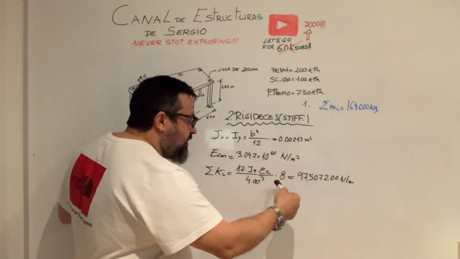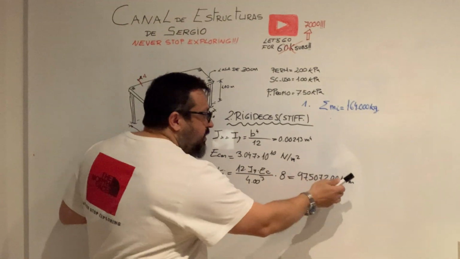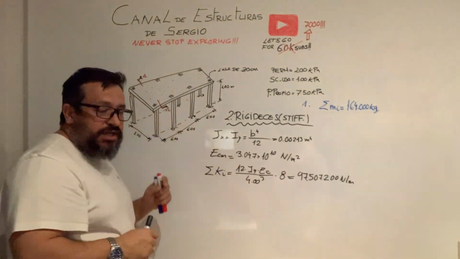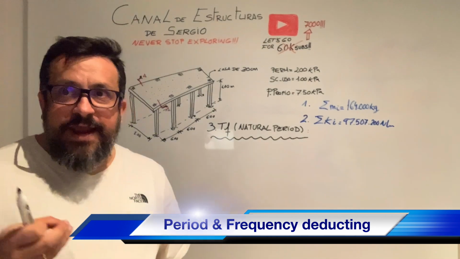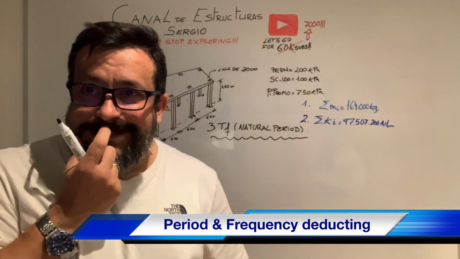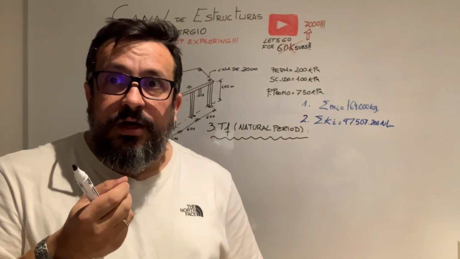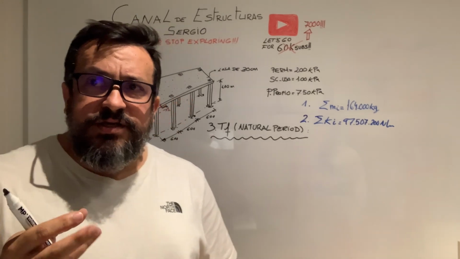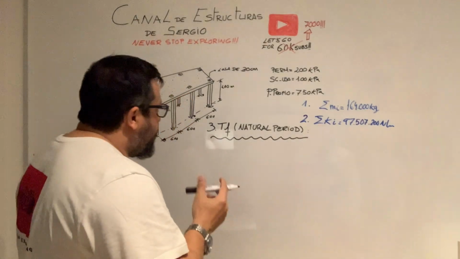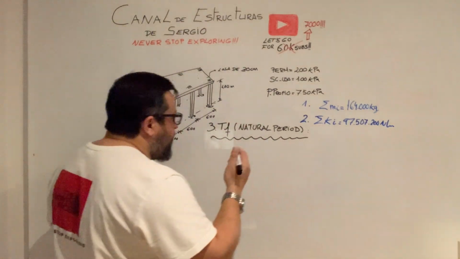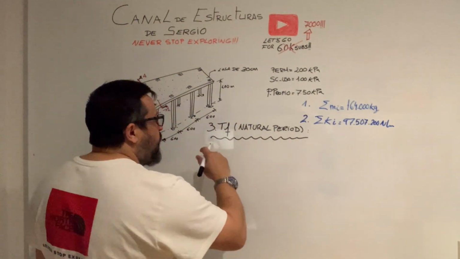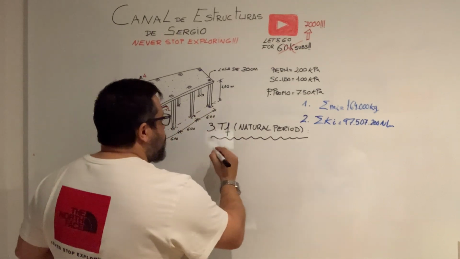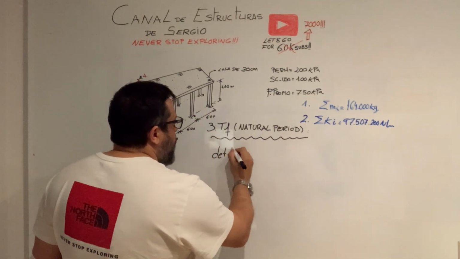So we have about 97 million newtons per meter as the global stiffness in the lateral direction for the frame. In every single dynamic analysis, it is essential to get the value of the natural period or frequency of vibration. In dynamic theory, we know that for a multiple degree of freedom structure, a structure with several degrees of freedom, we can deduce